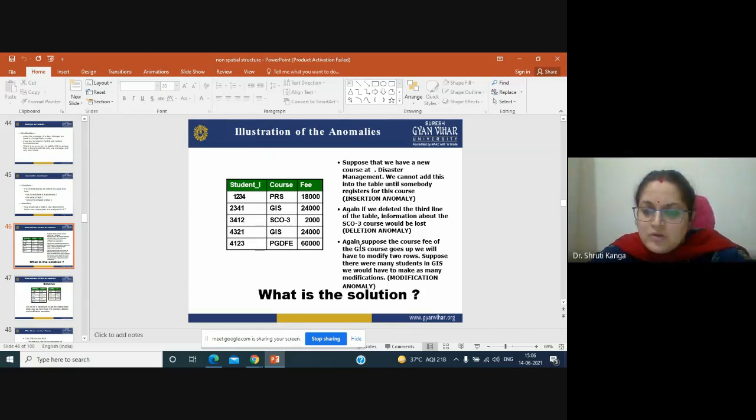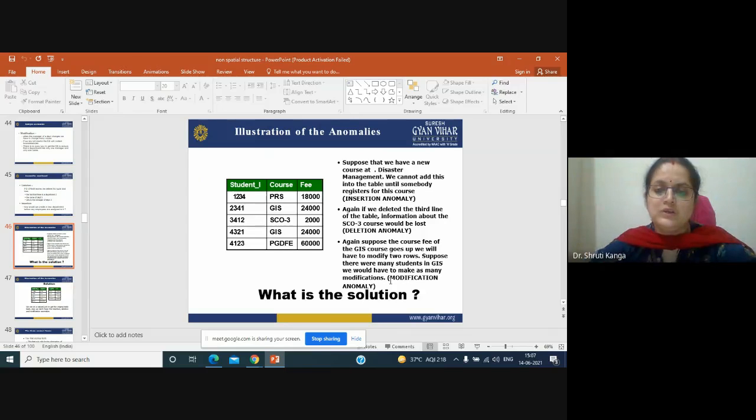Then suppose the course fee of GIS goes up, then we have to modify two rows. So we have to make as many modifications.